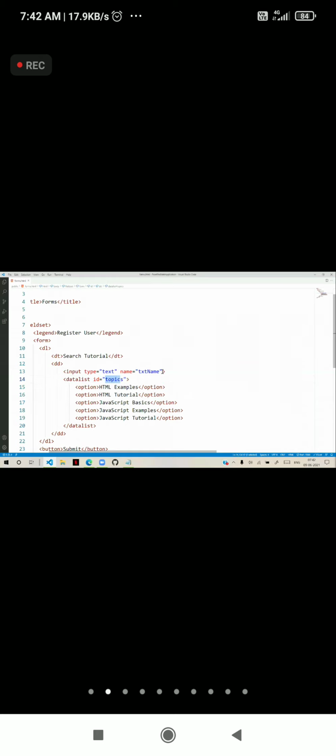Then we have to use here the list attribute. In the list attribute, from where the list is coming, topics, just you have to refer to it. No hash like that. That is only for general hyperlink references. Here you have to just use topics. That means now the text box is using a list topics, and that list comes from a data list actually.